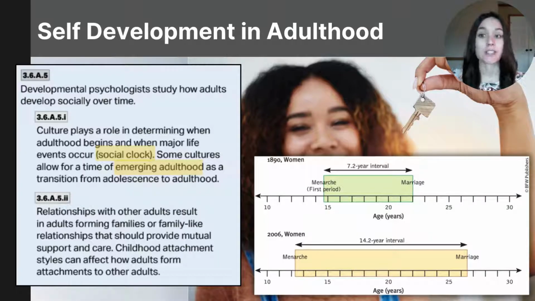In the early 2000s, psychologist Jeffrey Arnett introduced a new stage of social development, and he called this emerging adulthood because he noticed, particularly in Western societies, individuals weren't moving straight from adolescence into adulthood, but rather there was more of a transitional period where the adolescents were not yet adults. They were not moving into this independent period where they were starting their own families, but rather there was an intermediate period. And he called this emerging adulthood.